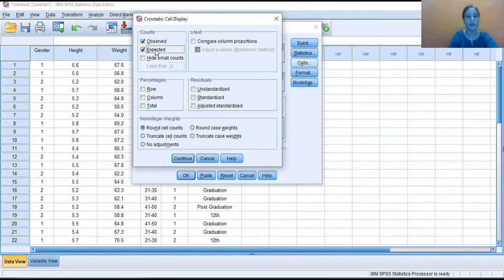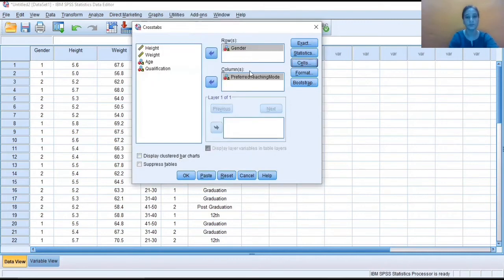If you have applied chi-square test manually, you know that in the formula, two things are needed: expected frequency and observed frequency. These two will find that for us. Then you just need to click on continue. The remaining buttons we do not need to touch. Whatever is the default setting, we will go with that. So we only need to press OK here.